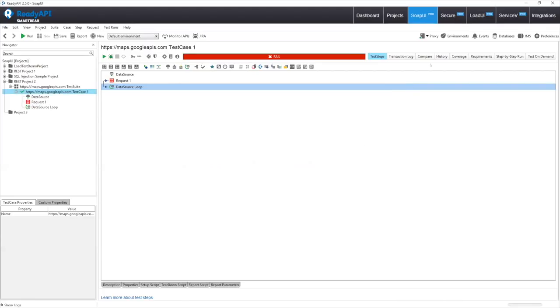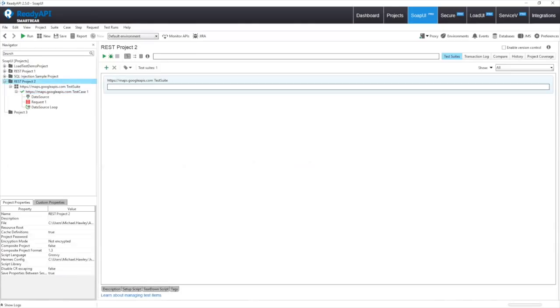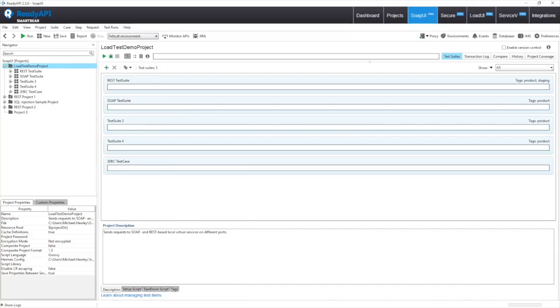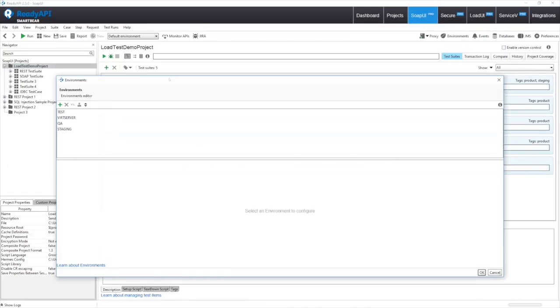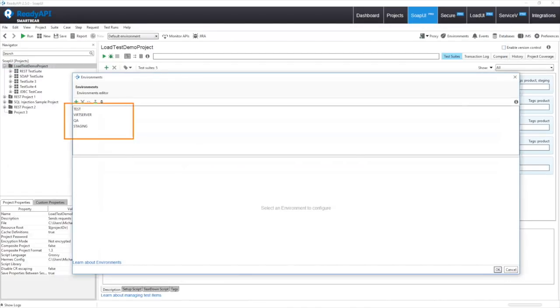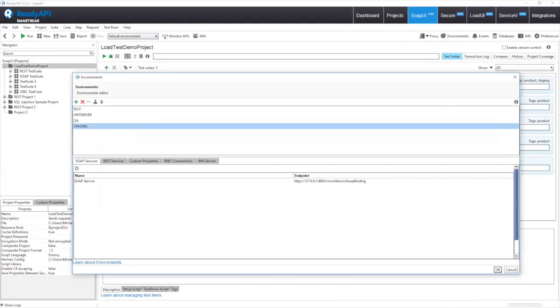Yeah, for sure. So the idea here is that you want to be able to create your tests once and be able to reuse them again across all of the different environments within your SDLC here, right? So this is QA, staging, our tests and dev environments. And generally speaking, these are all going to have different endpoints, right? So we can